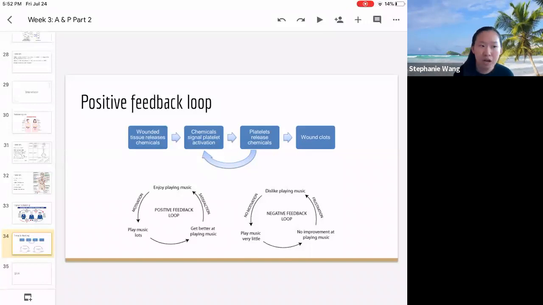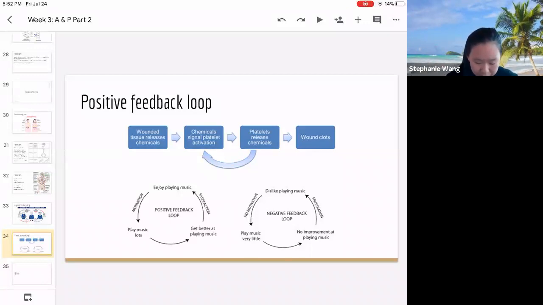Another example of the positive feedback loop, since it's a lot more elusive, would be the example of nursing a baby. Whenever a baby is nursing, that will cause more hormones in the mother's body to secrete more milk for the baby. So that would be an example of a positive feedback loop because something is causing something to go back to it and secrete more.